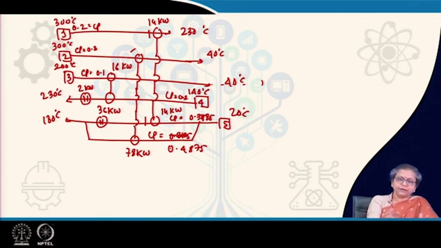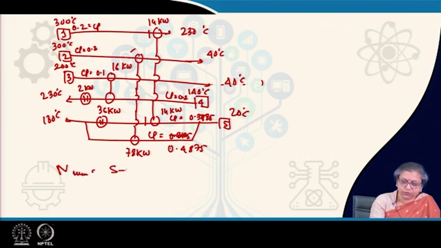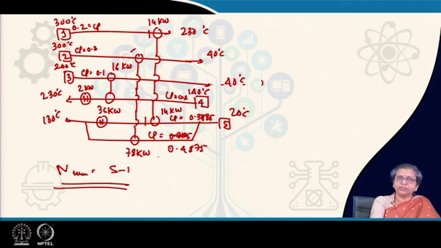And after that, you have tried to ensure the minimum number of heat exchange units also. If you remember, N minimum was equal to S minus 1. I had told you earlier as well. Try to apply this for the section before the pinch, and for the section after the pinch. S will be the total number of the streams as well as the utilities. So, you do it, you will find that for all the cases that we have done, for the hot end and cold end design of problem 1, hot end and cold end design of problem 2, this is going to